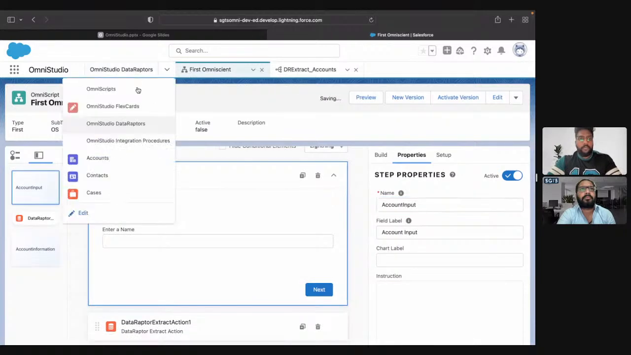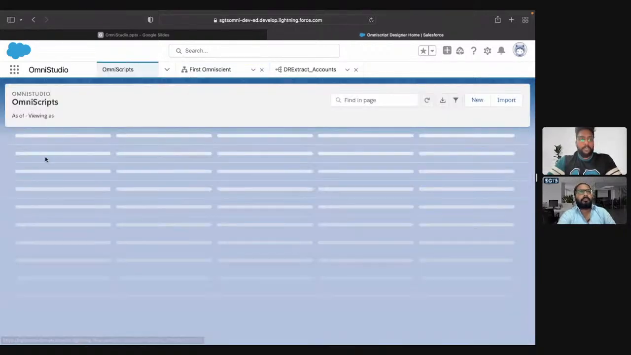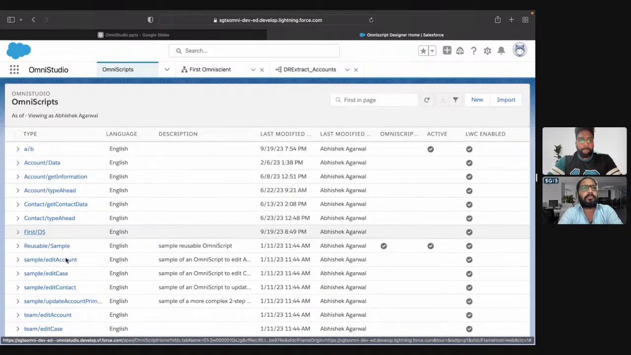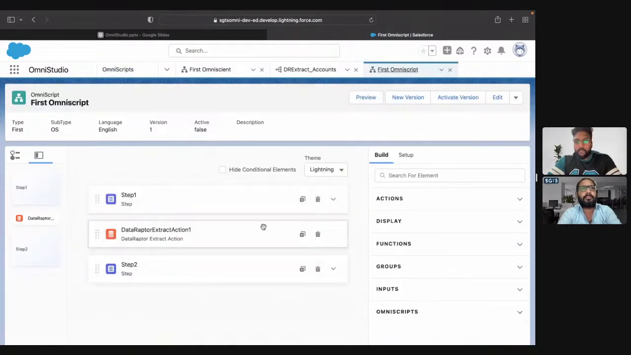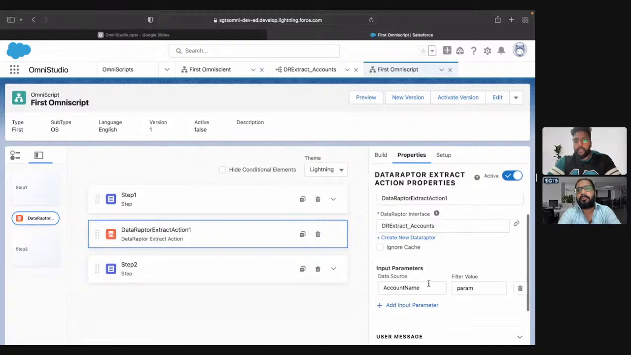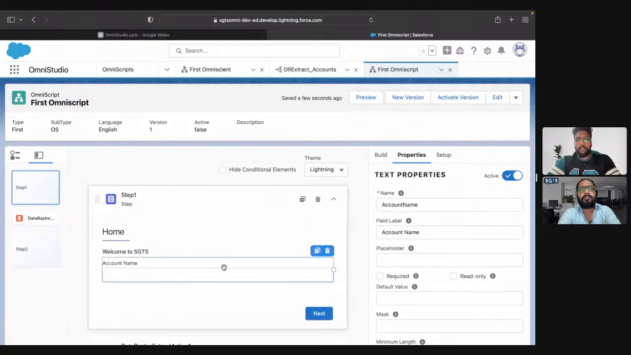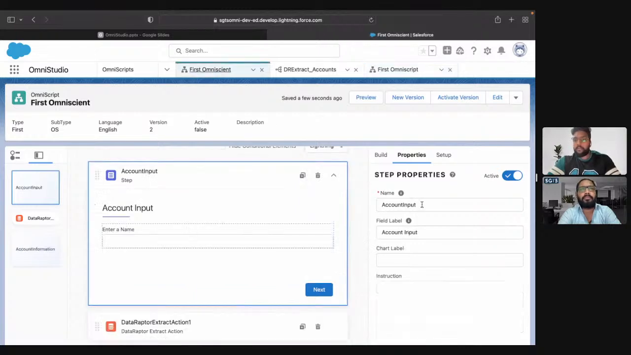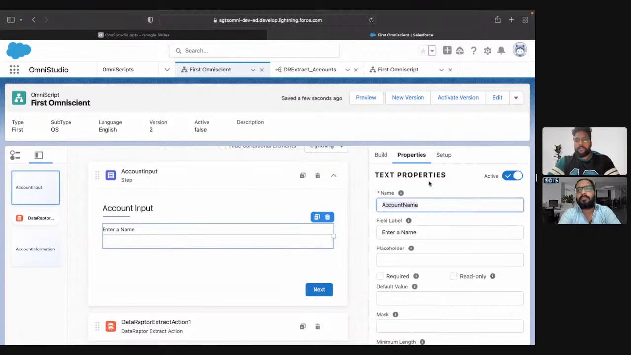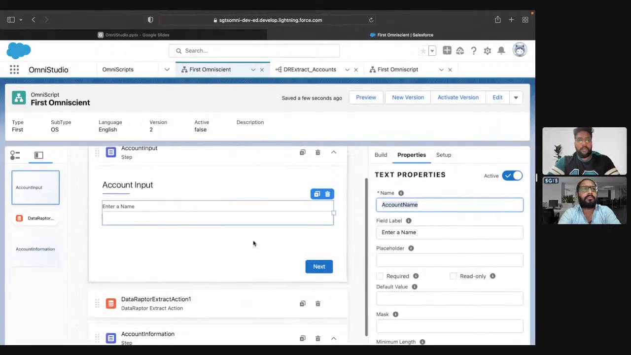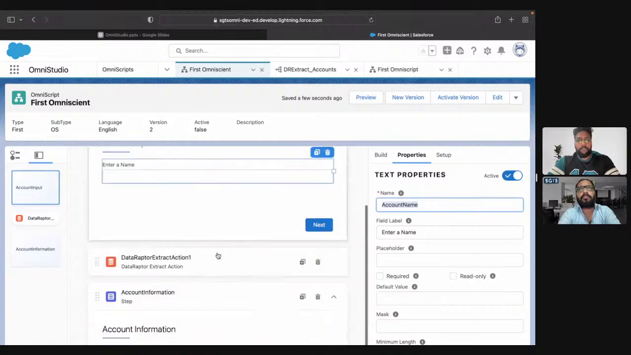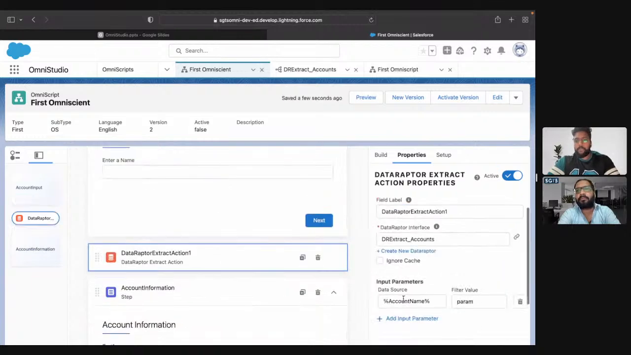Let me open another OmniScript. I have used this example over there. Just give me a second. So what we are doing over here is passing account name only, right? Okay, so the spelling is correct. Account name. We have this DataRaptor. So name, if I go to preview again,